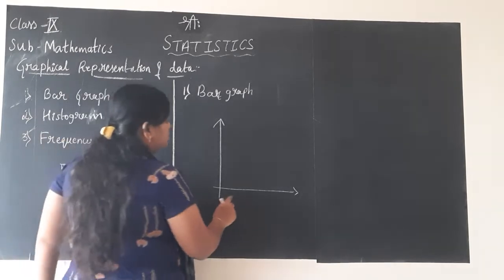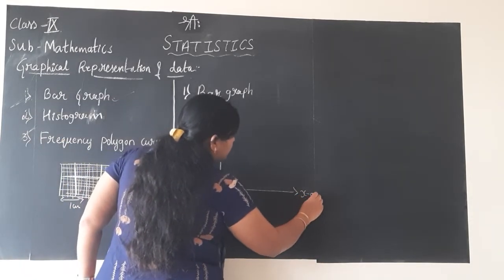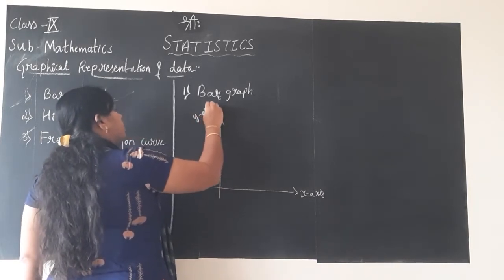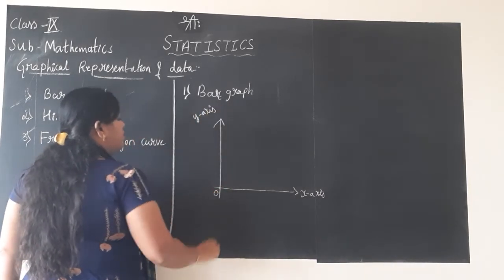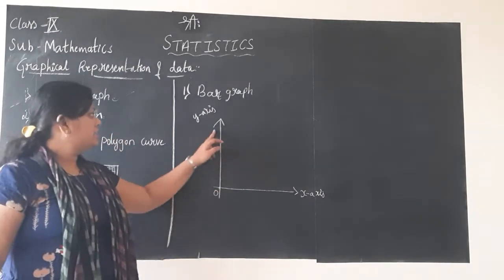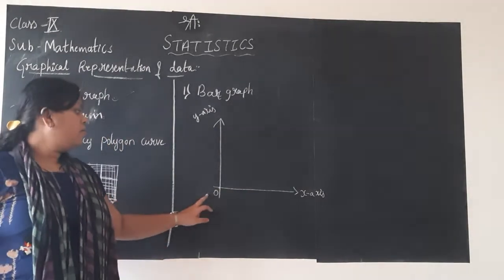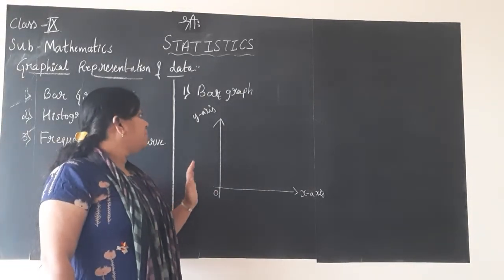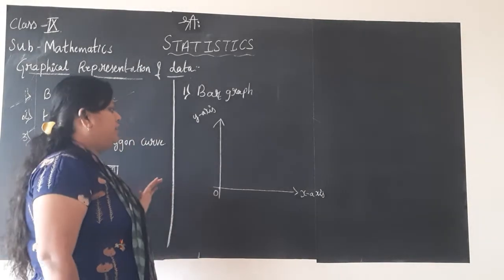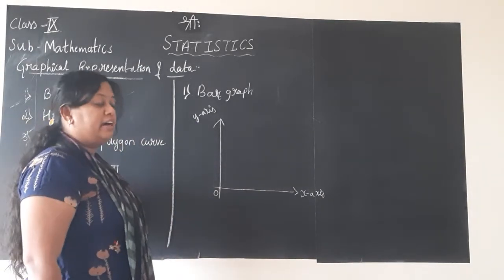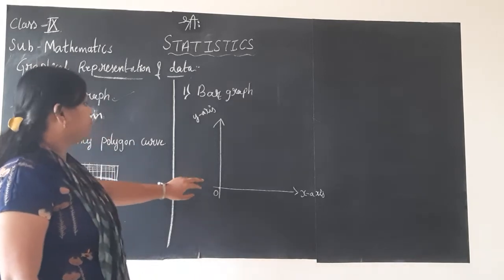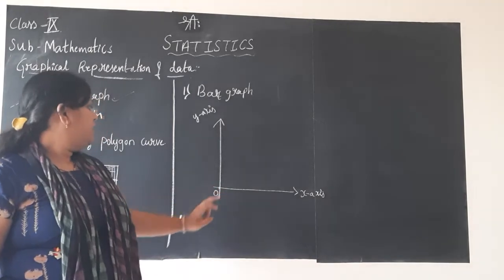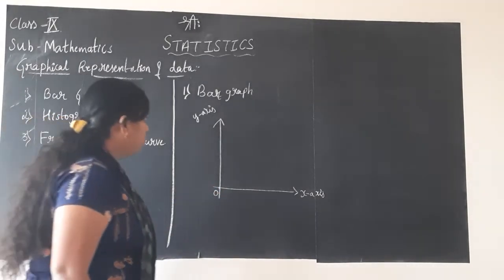Here the horizontal line is called the x-axis and this vertical line is called the y-axis. The coinciding point of x-axis and y-axis is called the origin. All this you know. You have learned how to plot the graph as well in class 8. Please go through that graph book once, children. This is x-axis and this is y-axis and the meeting point is called the origin O.